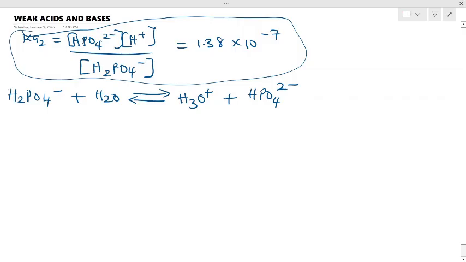Now in this case, this is acting as an acid because it's donating a proton, and of course the water here is acting as a base